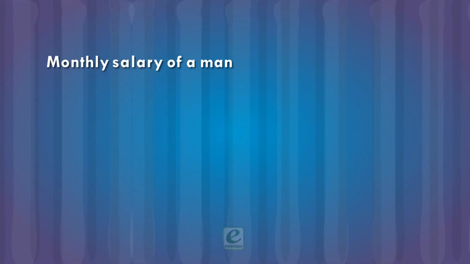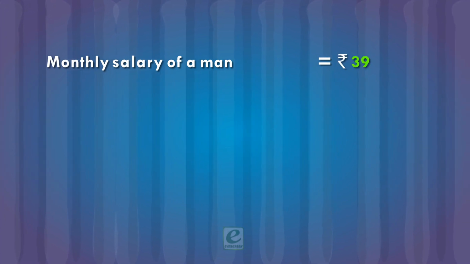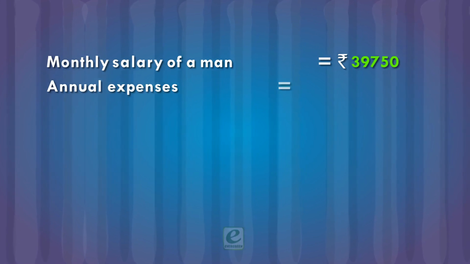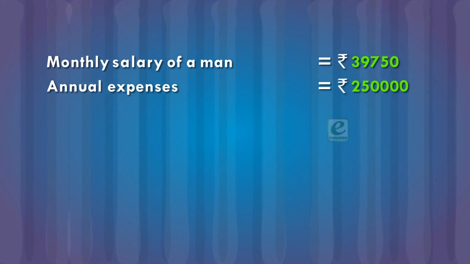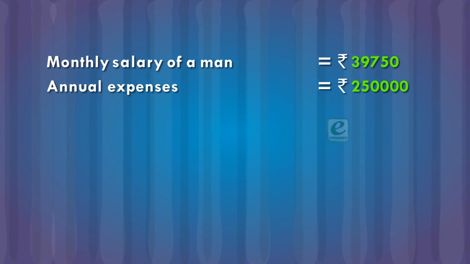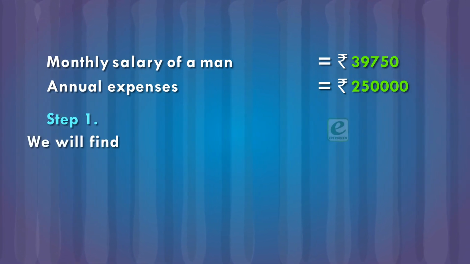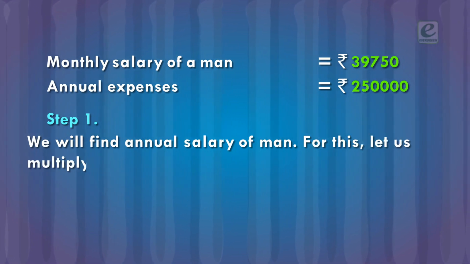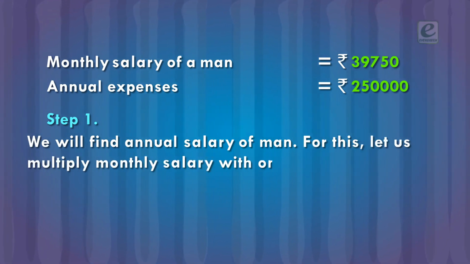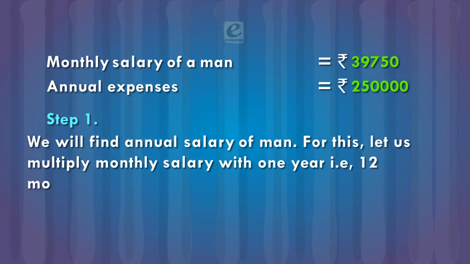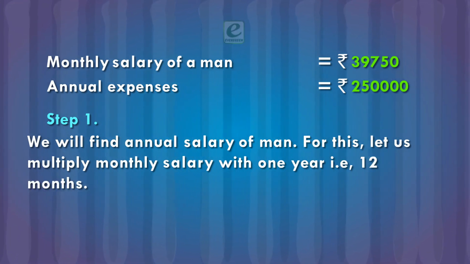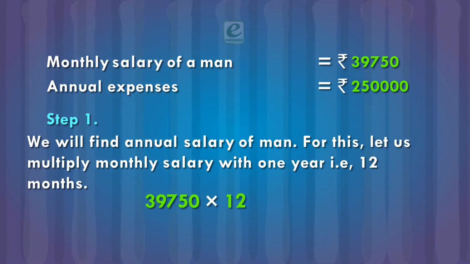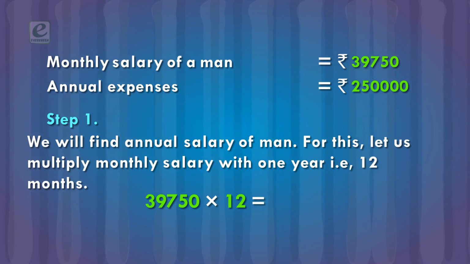Monthly salary of a man is rupees 39,750. Annual expenses is rupees 2,50,000. In step 1, we will find annual salary of man. For this, let us multiply monthly salary with 1 year, that is 12 months. So, multiply rupees 39,750 with 12, which is rupees